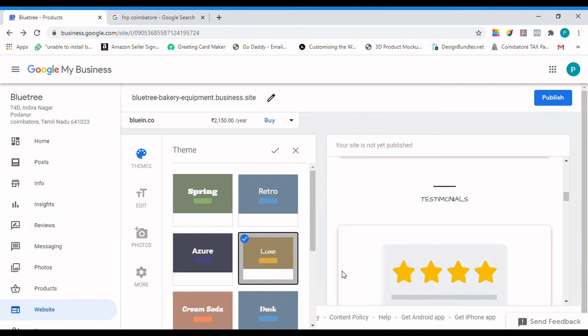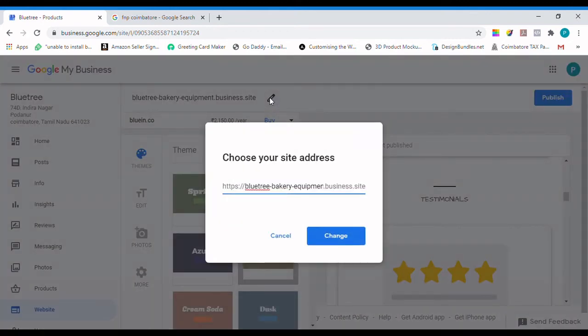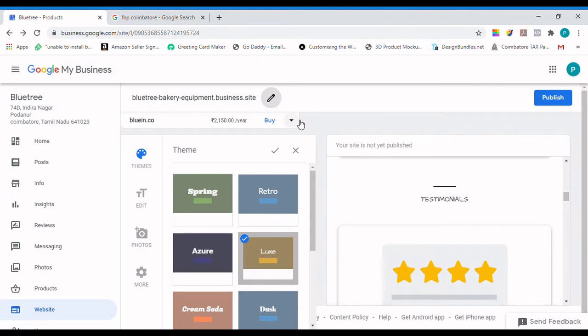You don't need to enter anything explicitly. It pulls all the information which is available from the dashboard section. That's amazing. So you just need to review it, and until you click publish, this is the site link. So you can edit this and you can change the site address, which is user friendly.